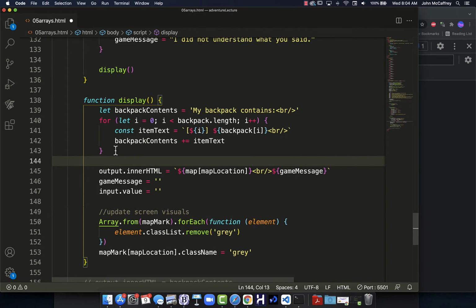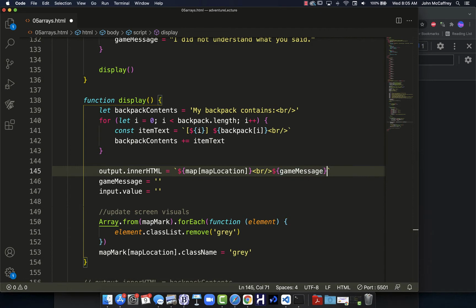I've set a keyboard shortcut for it using the beautify plugin, and I assigned a keystroke to it so that it works effectively for me. Now we have the backpack contents up here, and we're just going to add that into our mix here